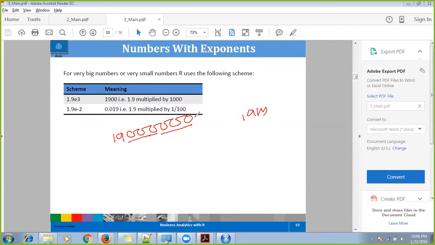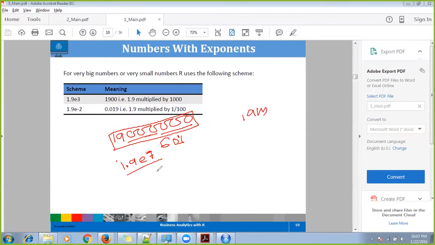After 19, 6 zeros. What would you do in this case? Would you always write it like this? That is time consuming, right? So instead, in R, we can write 1.9 e7.